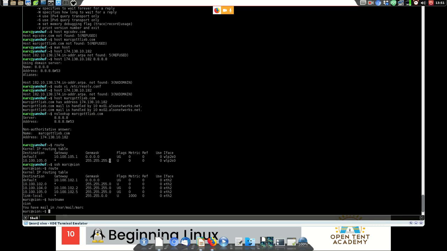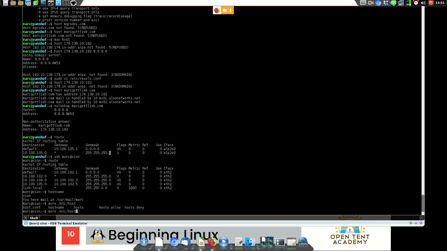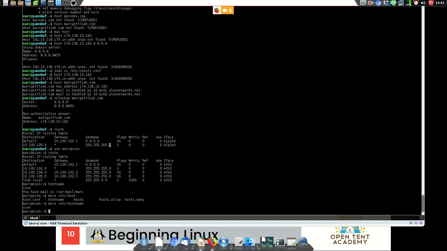Okay, if we type in hostname, you'll see that it gives the host name Xyon. You see that there's a file in the etc directory called hostname, and when I type in hostname, it accesses that information.